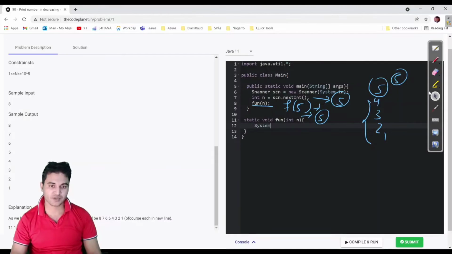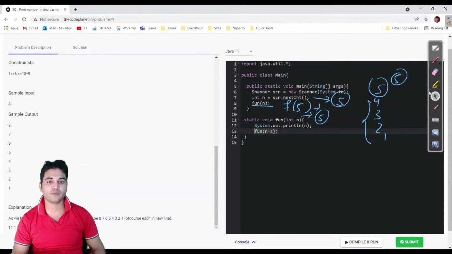So firstly print the input which is provided to you, System.out.println of n, and after printing call the method with n-1, and we will assume that n-1, or f of 4, already knows how to print 4 3 2 1. So before printing 4 3 2 1, we are printing 5. So eventually we would be able to get 5 4 3 2 1.